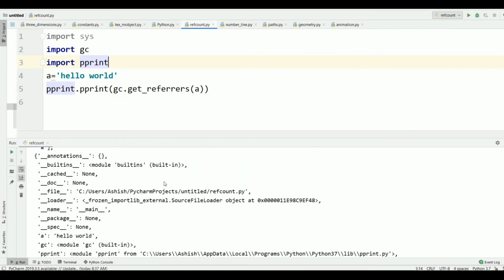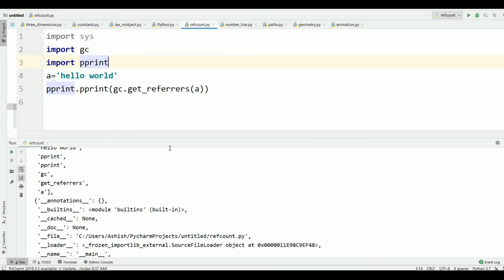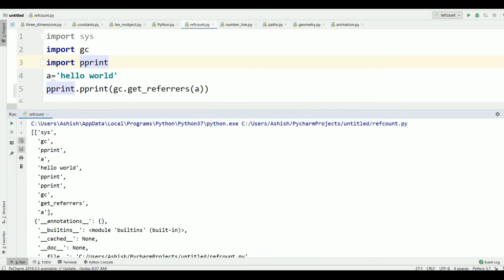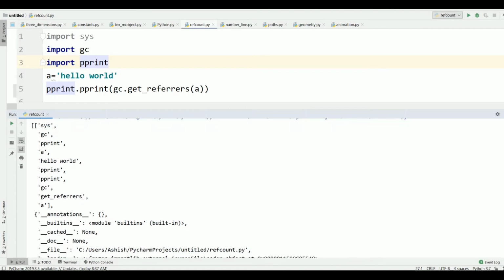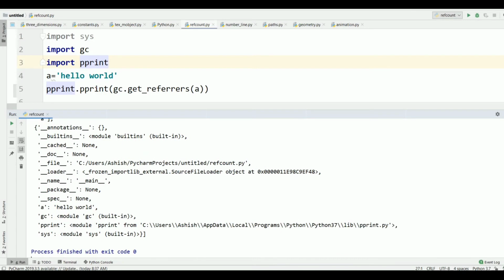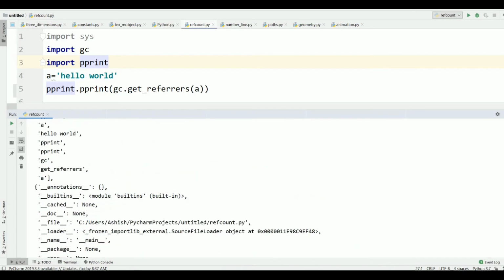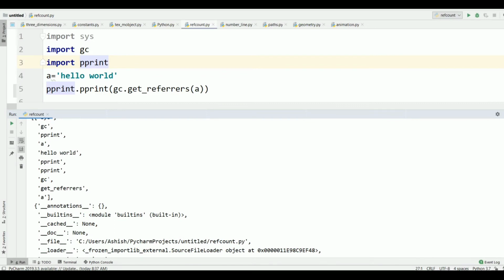Now we see that we have all the strings in a list: sys, gc, pprint and a, that is 2 times. If you notice, a appears 2 times in the string list. And get_referrers is there, that is obvious, a equal to hello world. So this is the reason to get 2 more than the actual value.